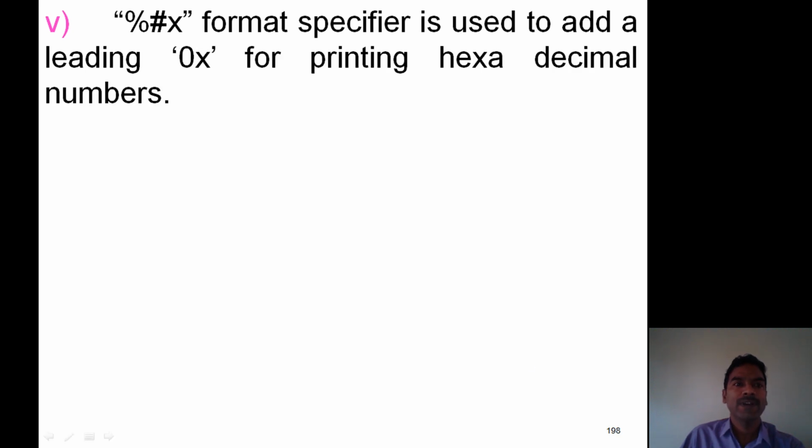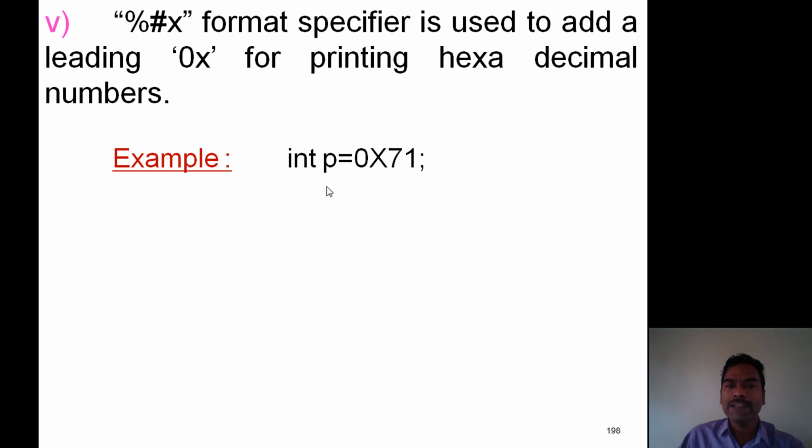In the same way, for hexadecimal printing, the percentage symbol %#x. This control string format specifier is used to add a leading 0x for printing hexadecimal numbers. In this example, int p equivalent to 0x71, 71 is the actual value and this value is preceded with 0x, which refers to a hexadecimal value.